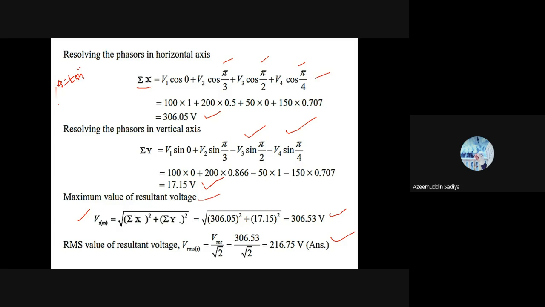Sir, 3.207. Is it plus? Yes, sir. Okay. Then what does it indicate? Plus means the angle is 3.207. What does it indicate? It is leading. Leading by an angle of 3 degree. Okay. Yes, sir. So it will not start at 0 here. It will start earlier, at 3 degree. This is 3 degree. It will start a little bit earlier, 3 degree, like that. Okay.